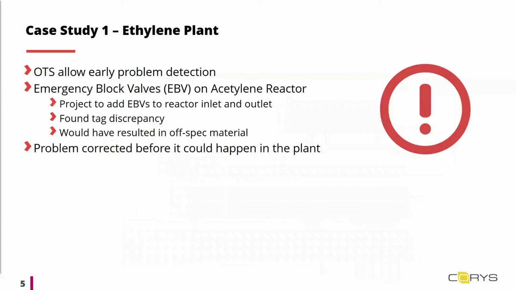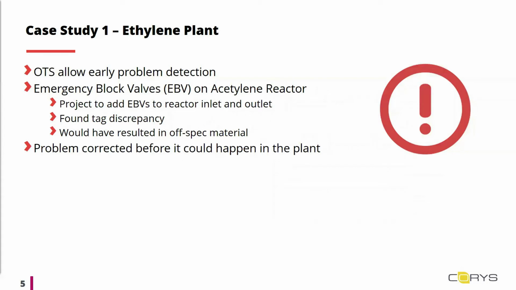Through the use of the simulator, the client found multiple plant problems that were detected on the simulator that prevented incidents later on. One example of this is a safety system upgrade on their acetylene reactor. The upgrade was to add emergency block valves on the inlet and outlet, and it was discovered on the simulator